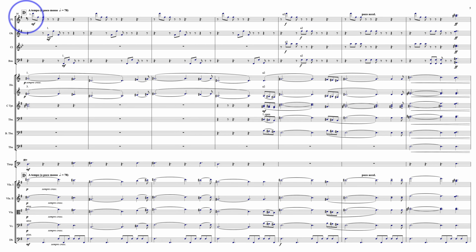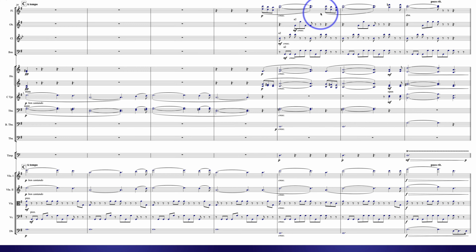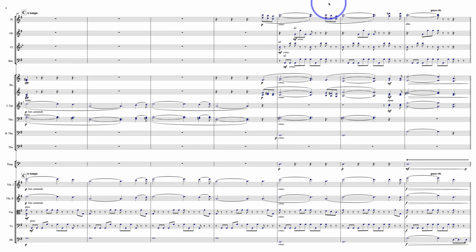Now here at D, about my only concern, in terms of the overall approach, is that this will sound a little bit too much like what happened before. I'm just going to quickly page up here to C. Right here, you've got the restless pizzicato below, and the smooth heavy brass, and the strings on top. So this is really cool, and I'll talk about it in a little while.